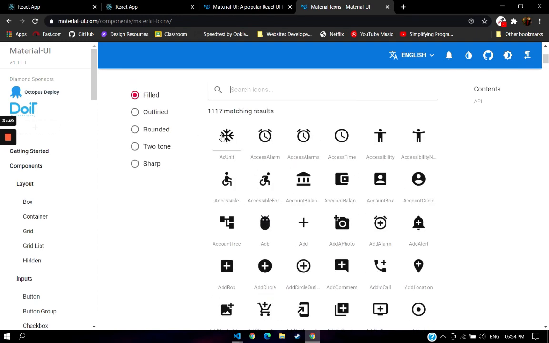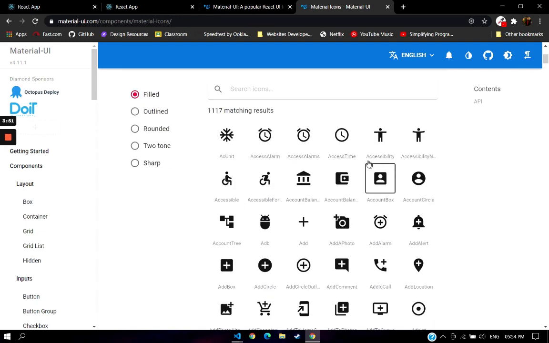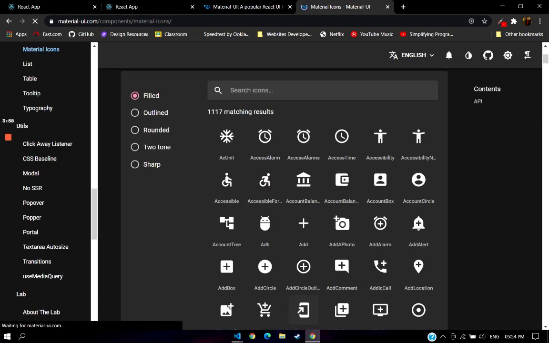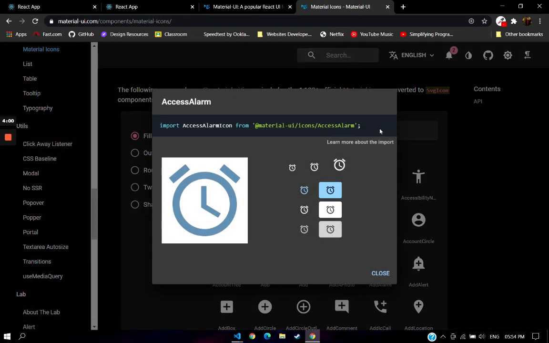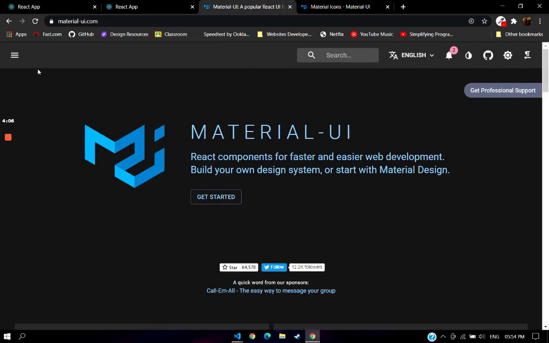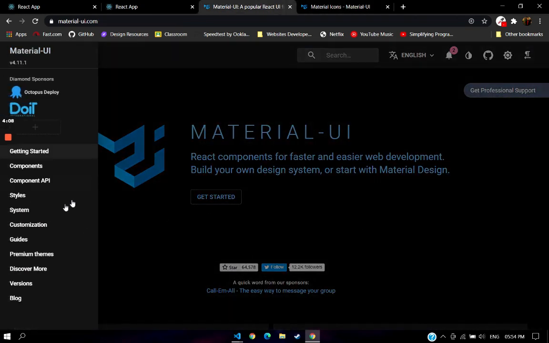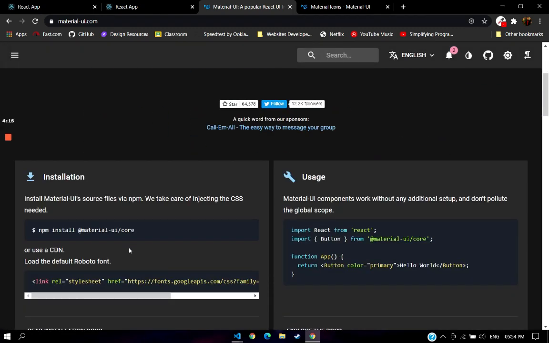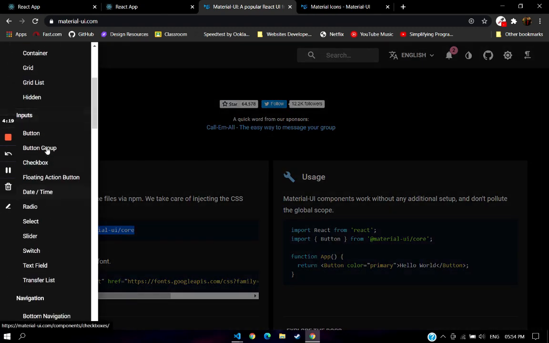Go to this, there are a bunch of them. Just go through and select anything you want. Okay, this thing's not working. Let me refresh. Yeah, so here if I click on them, they give you the import statement, and you just copy that and call it inside. Anyways, so we'll also use core here. This is basically the icons, and this thing here, if you go inside your buttons,